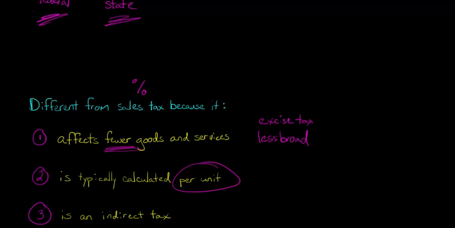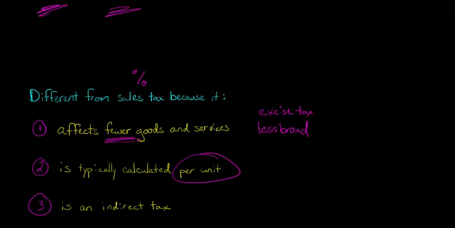In addition to that, this is kind of a weird thing about excise taxes relative to a sales tax: it's kind of hidden. We call it an indirect tax, but really we'll call it a hidden tax, and it's hidden in the sense that when you make a purchase, if there's an excise tax on the gasoline, that was imposed on the manufacturer, on the seller. So they have incurred that tax, and it's not necessarily going to show up on your receipt.